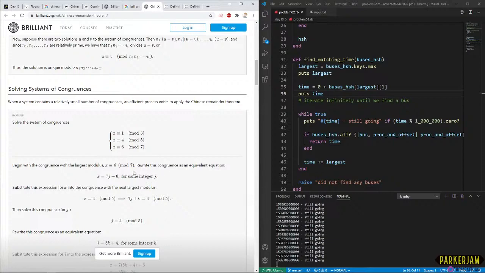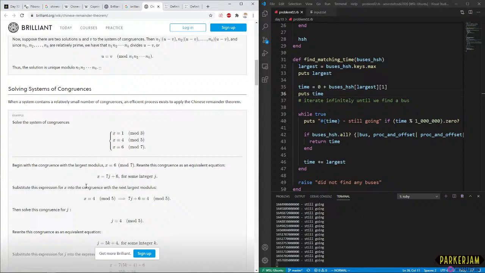Okay, now we're getting closer to the problem we have, because we have this kind of thing where 7 would be like the bus time, j would be whatever multiplier we're looking for. x is t, the time.